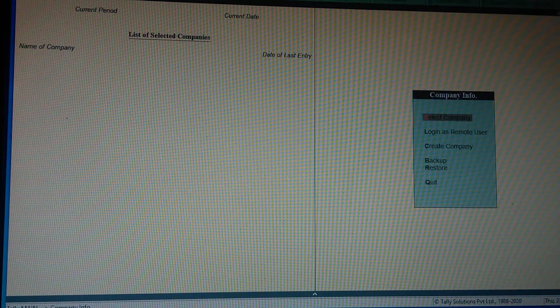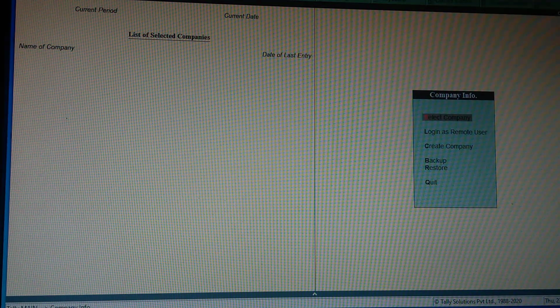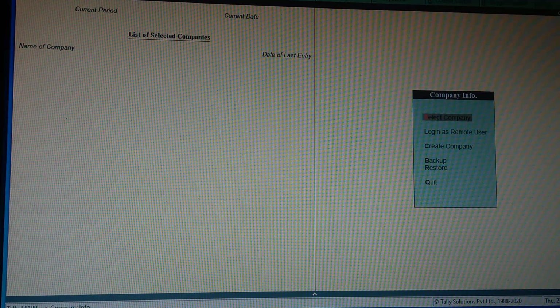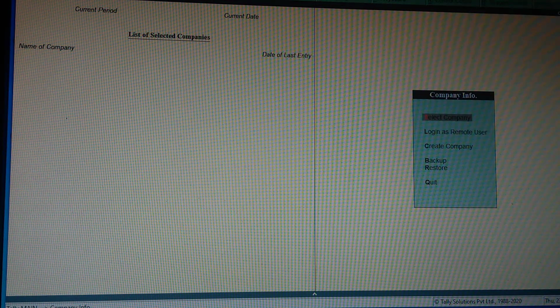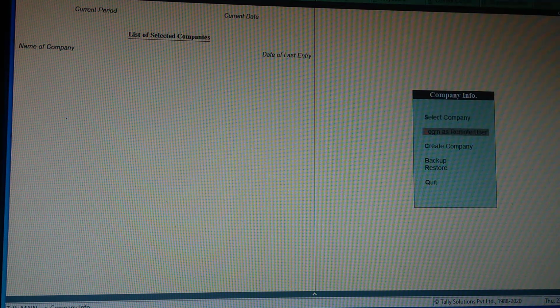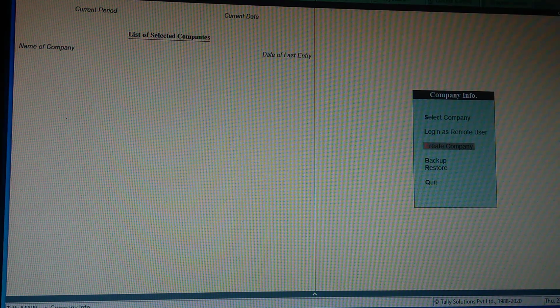After opening Tally software, you have to go to Company Info. There are many options, that is Select Company. If you already created a company, then you can select this option, Select Company, then login as remote user. Then you can find another option, Create Company.